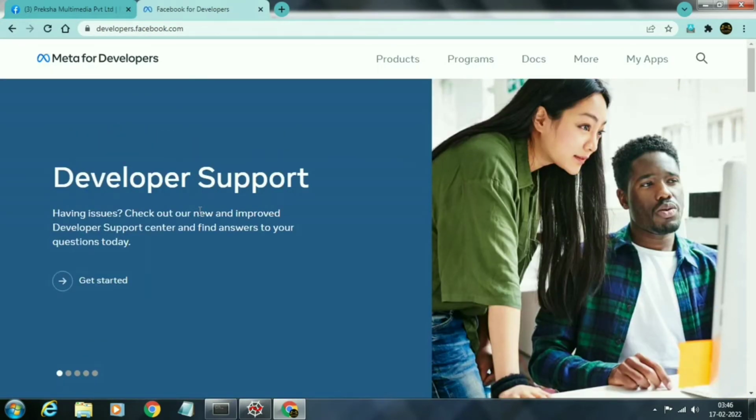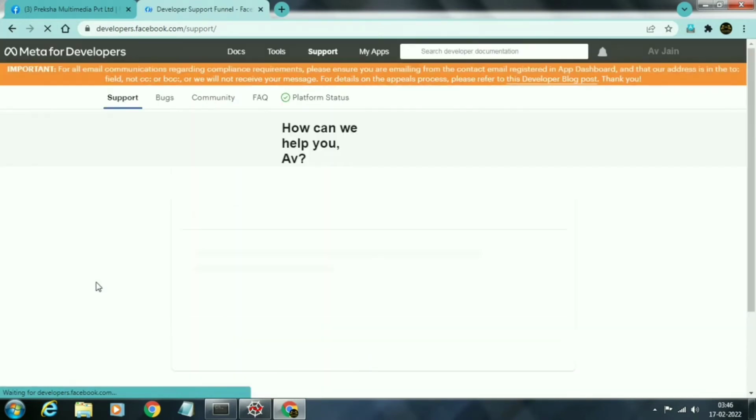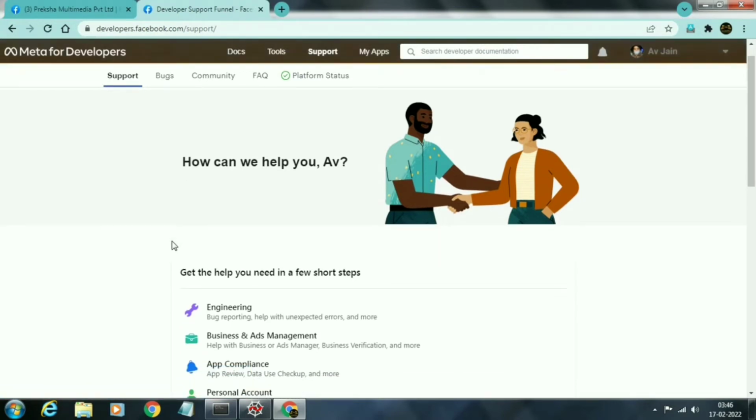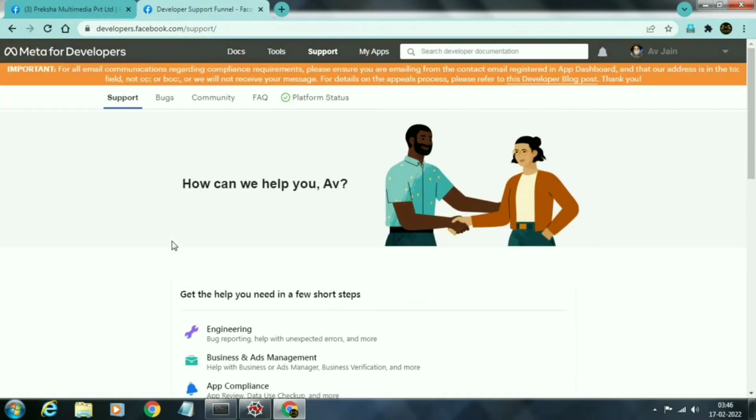Here we will create an app to access our token. So first of all we will click on get started, then my apps. On top you can see there is an option docs, tools, support, and then my apps. So we will click on my apps.